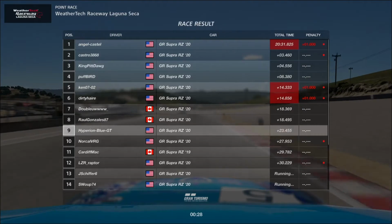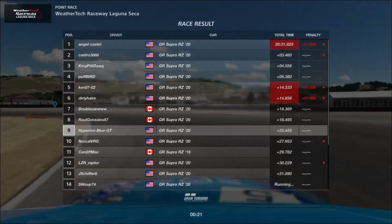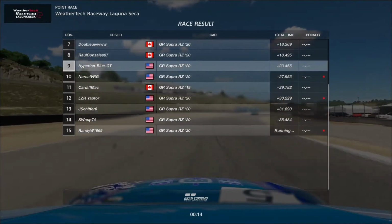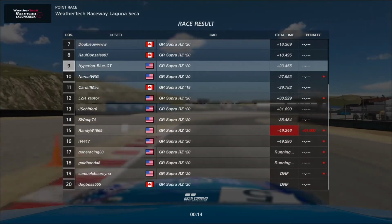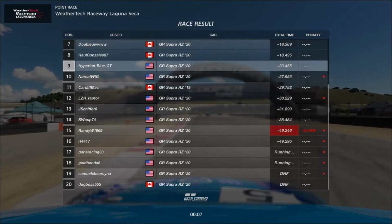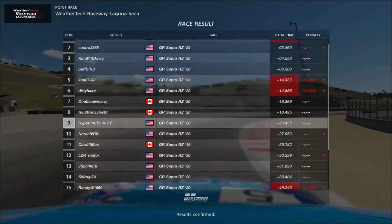But looks like Castro 3868 just did pretty well in 2nd place. King Pit Dog has now finally reached 3rd place. Everybody did their best to have a good result, but there's going to be a 1-second penalty marked on it. Just going to have to scroll down and see, several drivers are still running. Randy W 1969 just took a 15th place finish with a 1-second penalty in effect. RF 4417 finished in 16th place. It looks like everybody did their best, and that might be a good result